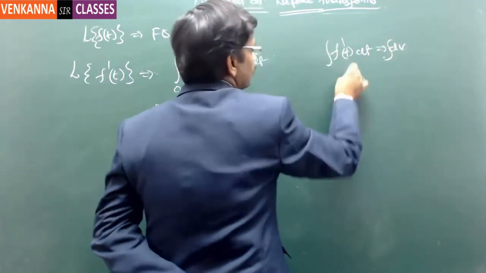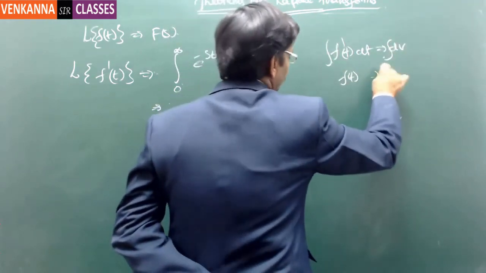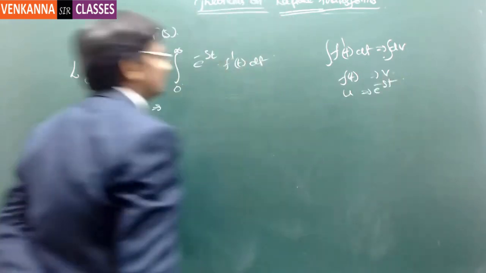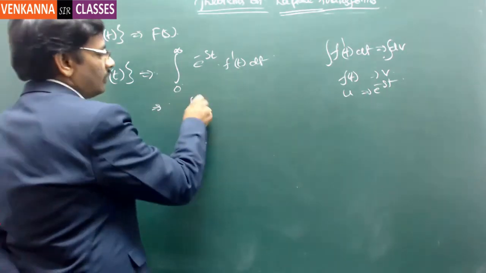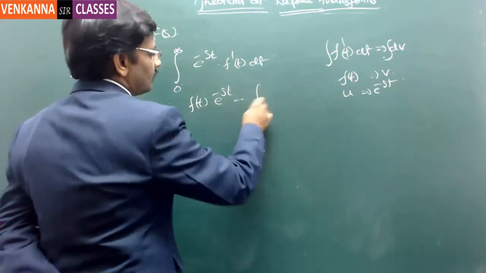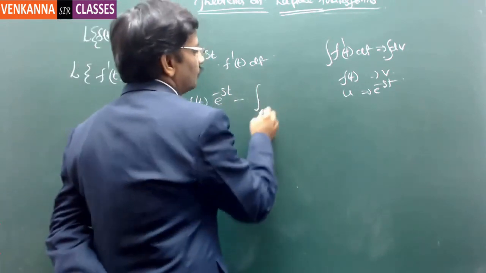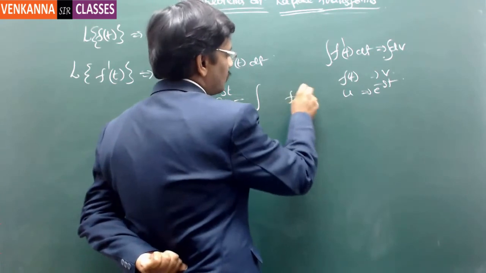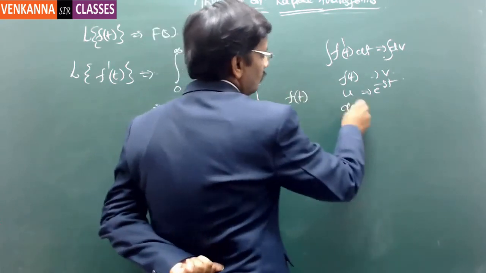Integrate on either side, f of t is equal to v, and u is equal to e power minus st. So that is f of t into e power minus st minus integral v du, where v is f of t and